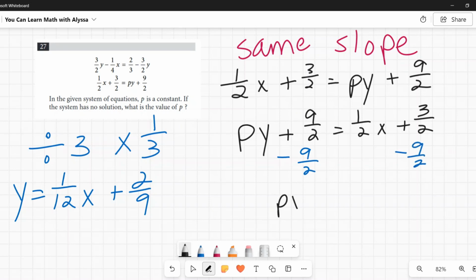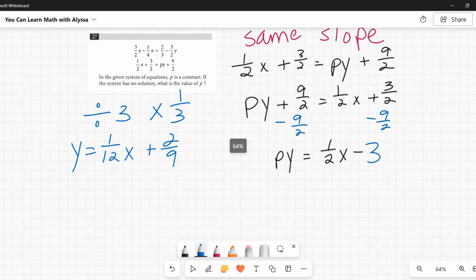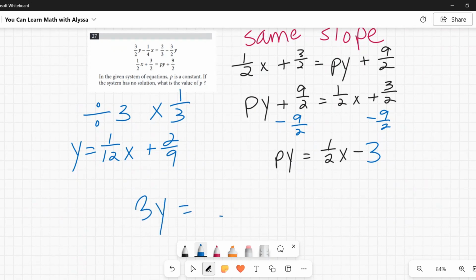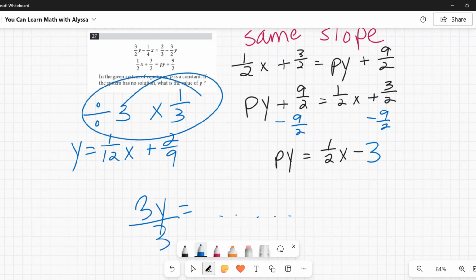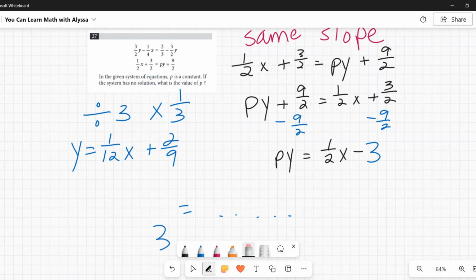And on the left, I have py equals 1, and on the right, I have 1/2 x. And 3 halves minus 9 halves is -6 halves, or 6 divided by 2 is 3. All right, so 1/2 x minus 3. Now, do you remember in that previous one, when we got to the point where it was 3y equals, we needed to get y by itself, so we divided by 3, which is the same as multiplying by a third. Okay, so we don't know what the p is right here, but we know